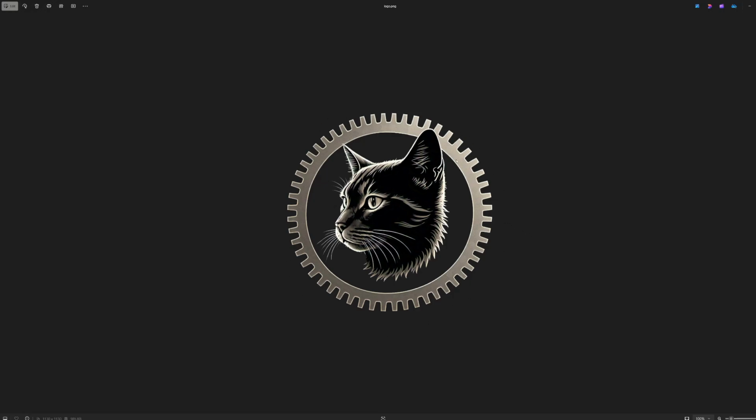What you can see on the screen here is the channel's logo, which I created in about 3 minutes with a text-to-image AI prompt on meta.ai. It wasn't exactly what I had in mind, but it was close enough. I did have to open it in Photoshop, and I spent an hour or two probably removing certain elements and simplifying it. I wanted to keep it as simple as possible, so it is just a picture of a cat